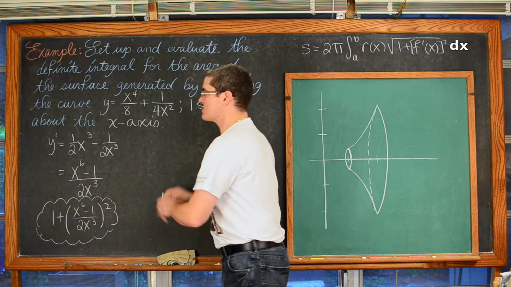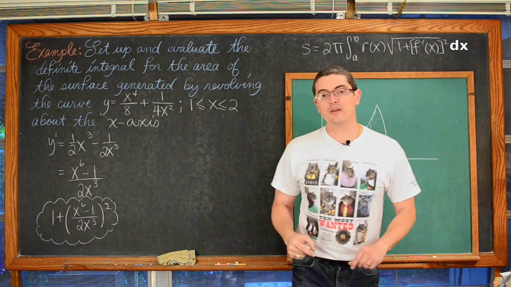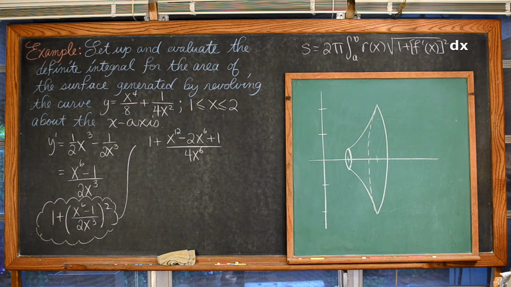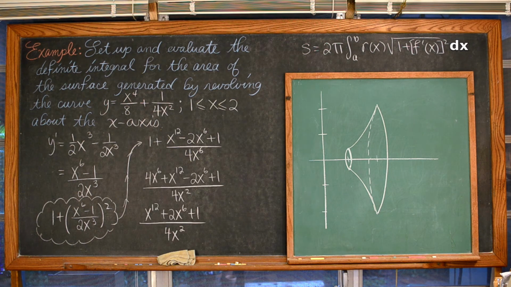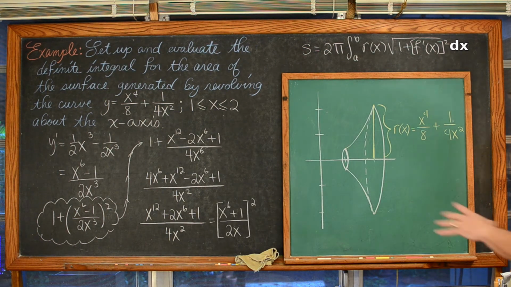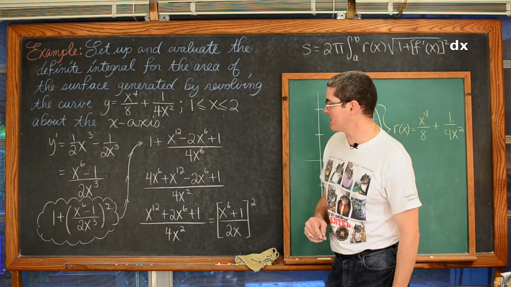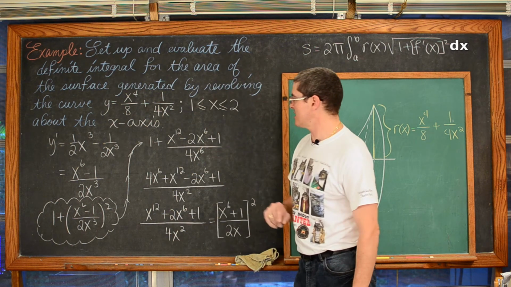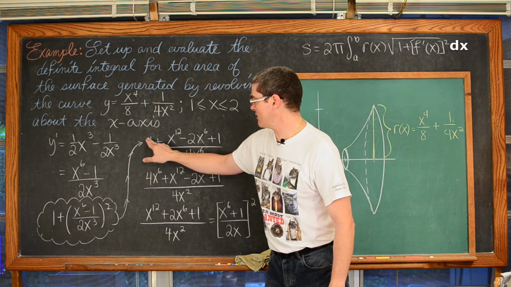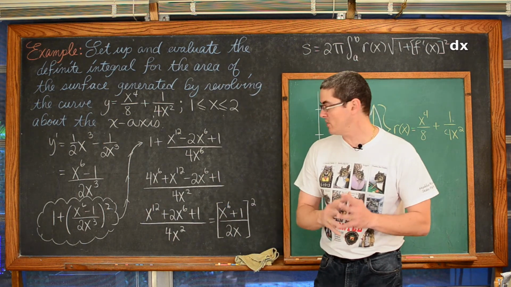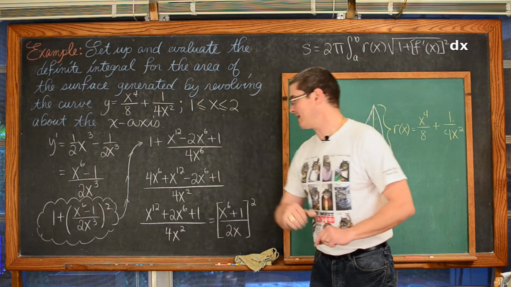Okay, now just to make sure this is all neat and speed this up a little bit, let's move off and reveal this one step at a time, and you can practice on your own. Took that binomial, squared it, got x to the 12th minus 2x to the 6th plus 1 over 4x to the 6th. Finding common denominators, we have 4x to the 6th over 4x to the 6th, and combining like terms, we get x to the 12th plus 2x to the 6th plus 1 over 4x to the 6th.